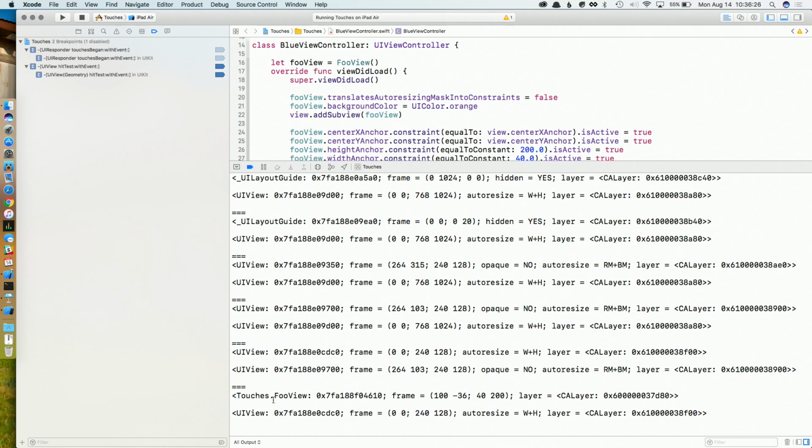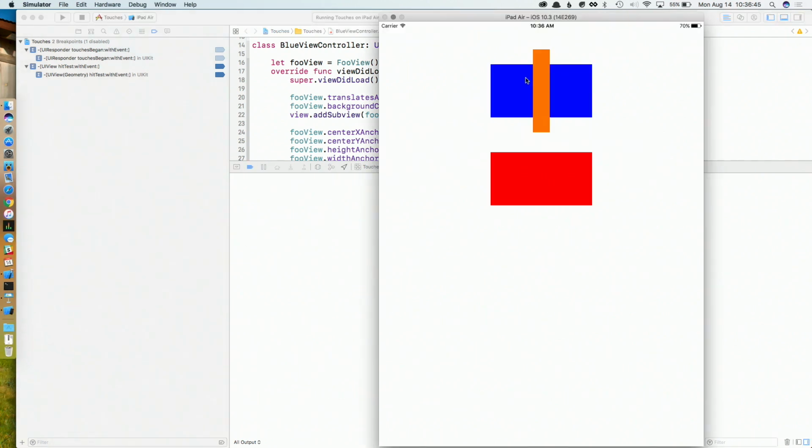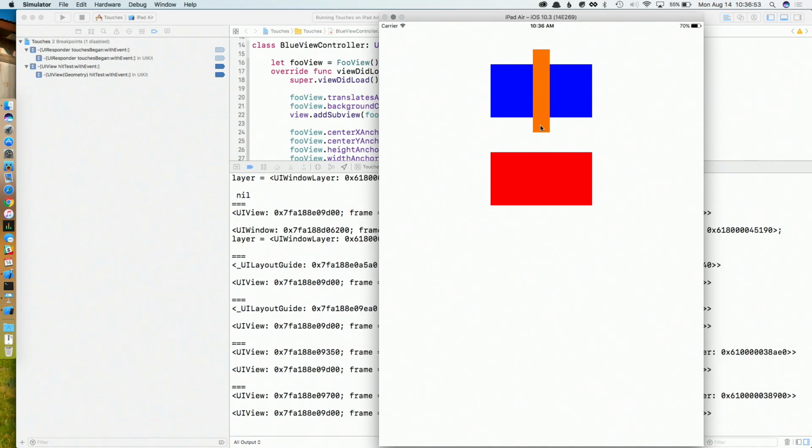I haven't quite figured out why it goes through it twice, but this is an API that we really don't have to use or implement. There are some tricky situations where you do, but overall, this is something just to help debug your application, because you might have a case where you have a view going outside the bounds and you have clips subviews turned off. So if you tap here in this orange,